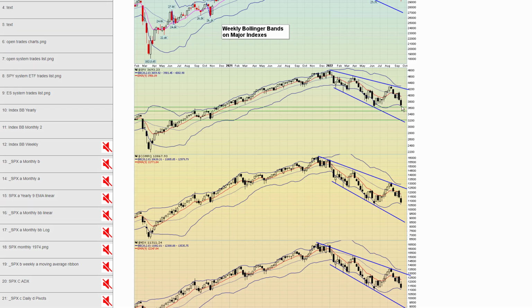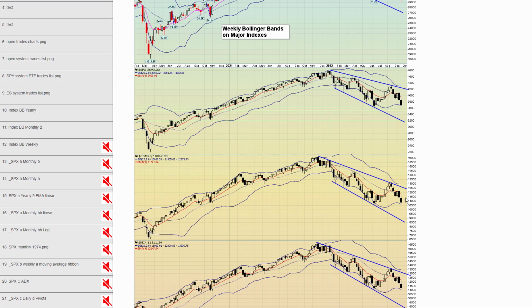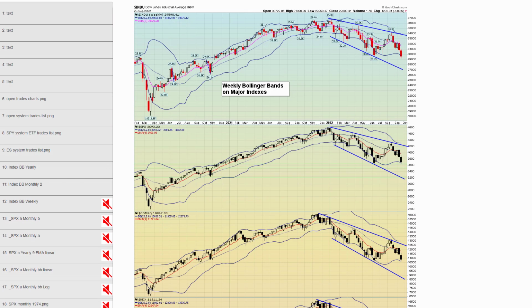But I don't think this is ultimately going to hold. If we get a little bounce here, ultimately I think we go quite a bit lower this year before putting in a pretty decent low, and then maybe a pretty decent rally in 2023. Okay, but right now we got a little support in here. This would be your next support right around this 3,500 area. Okay. Again, all these indexes have essentially the same look to them on the weekly time frame.